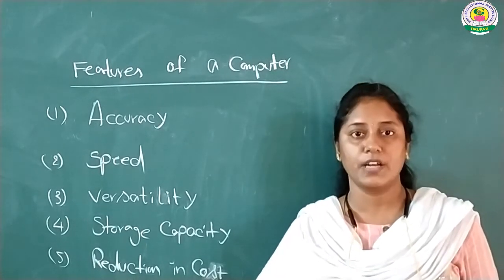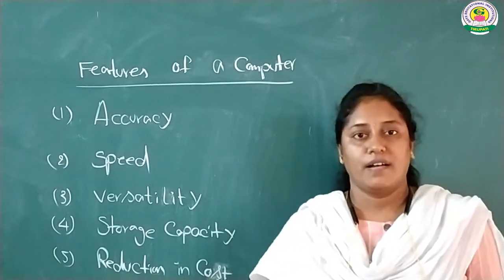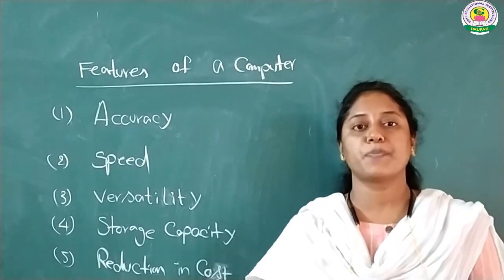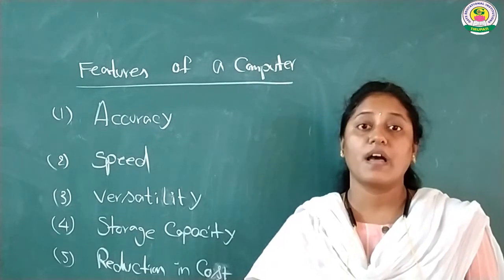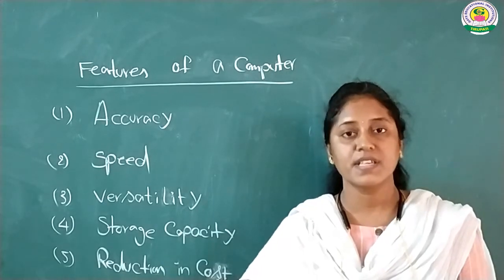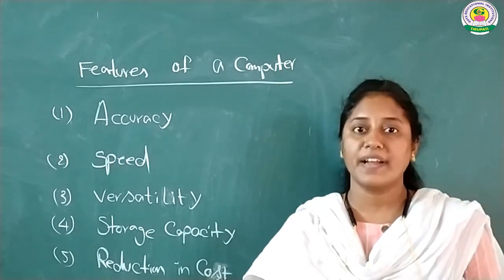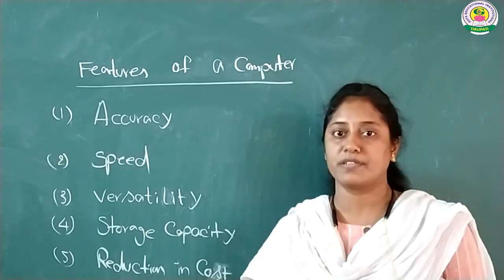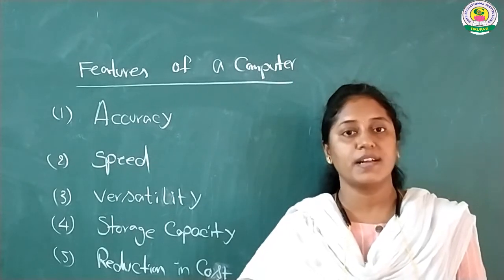If I say it in Telugu, accuracy means kachitatvam. How is the computer created with the accuracy feature? It means the computer always provides correct and accurate data to the user. But how can the computer provide correct data? When the user provides a correct instruction set to manipulate data, only then does the computer system provide correct, accurate results to the user. Otherwise not.